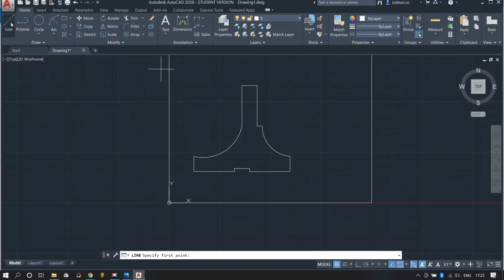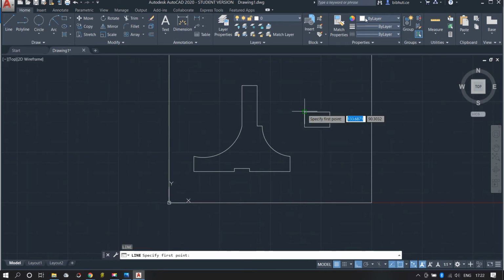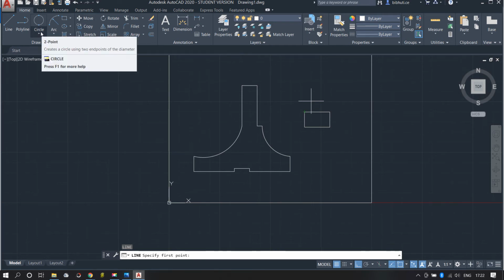I have to draw 25, ortho mode on, 25, 25, then is it 15? This way 15, 25 and connect it. Okay, then I will draw one circle,